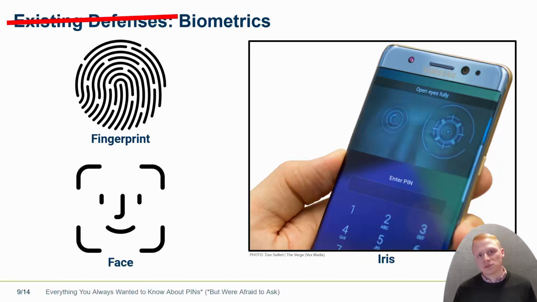Biometrics are only a usability feature that pose some form of re-authentication to you, so that you don't have to enter your knowledge-based authenticator, which is password, PIN, or pattern, that many times. And in our study, we saw that PIN is usually the choice that users go with. As I also explained earlier, in 60% of the cases, people go with the PIN. So biometrics, unfortunately, are not a defense.